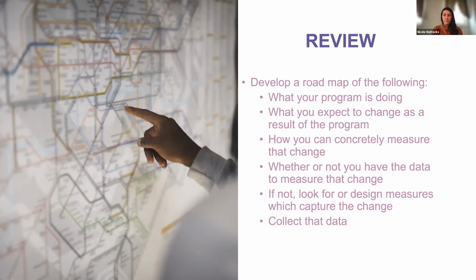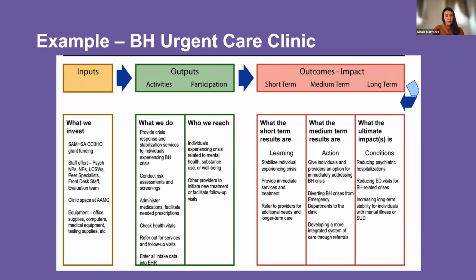To review, in the last part of our training, we developed a roadmap for the following. We looked at what it is your program is doing, what you expect to see change as a result of your program. We talked about how to concretely measure that change, assess whether or not you have the data to measure that change, and if not, start looking for or designing measures to capture that change, and then collect that data. We used an example from a behavioral health urgent care clinic, the Arundel Lodge Behavioral Health Urgent Care Clinic,